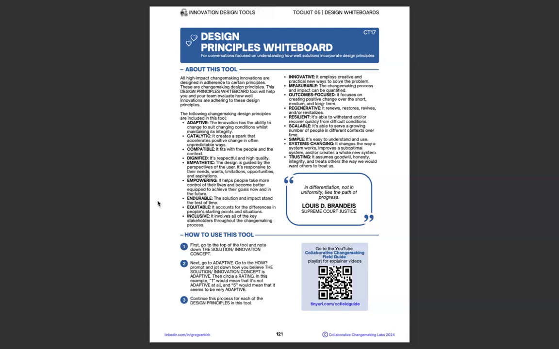All high-impact change-making innovations are designed in adherence to certain principles. These are change-making design principles. This design principles whiteboard tool will help you and your team evaluate how well innovations are adhering to these principles. Just a note here is these are principles certainly that I've seen, that I've learned of, that I've employed in my work over all of these years, with the idea that the more that you adhere to these principles, the better chance your innovation, your solution has to create positive, lasting change in people's lives and organizations' lives and